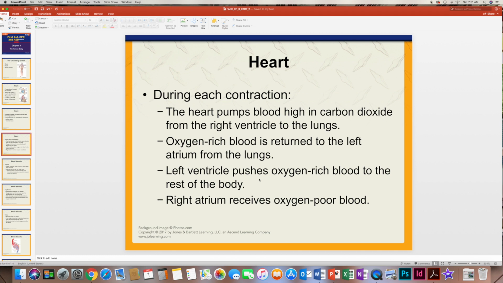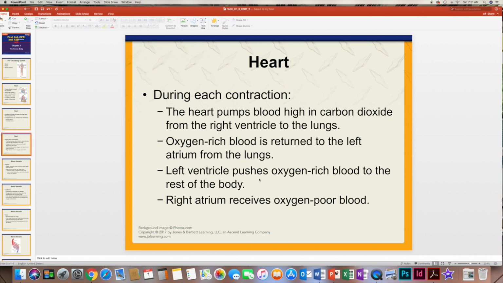Now this blood is not oxygenated. It's high in carbon dioxide. So from the right ventricle, that blood filled with carbon dioxide gets pumped to the lungs so that oxygen-rich blood can then return to the left atrium from the lungs. So you pump that blood to the lungs to get oxygenated, and then it goes back into the left atrium,